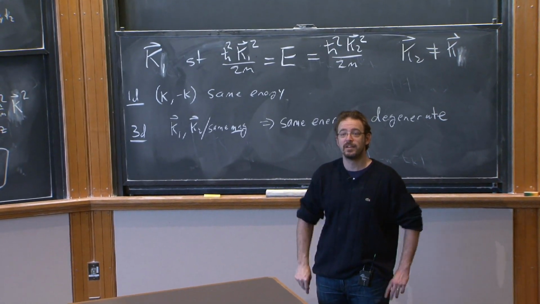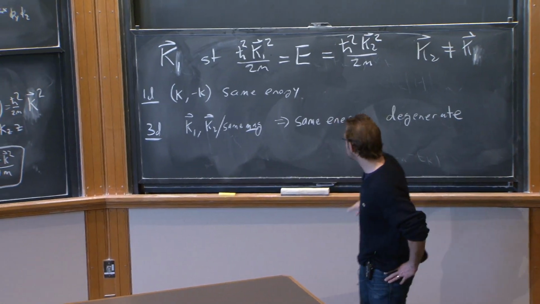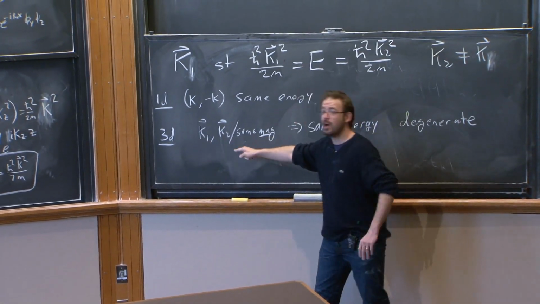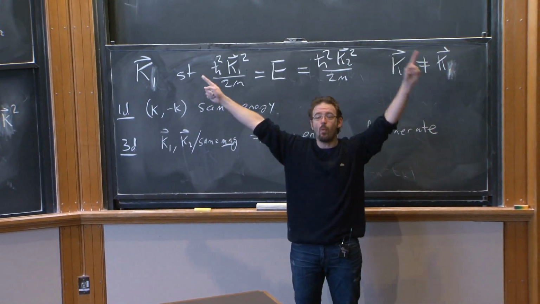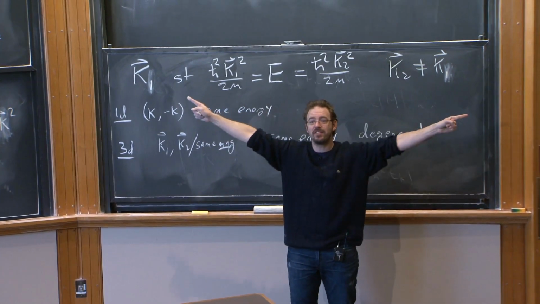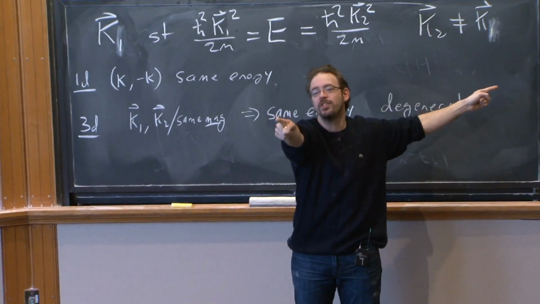Yeah? Well, there are an infinite number of directions it could be going in, say, in momentum. Awesome. So this is clearly true, that there are an infinite number of momenta with the same magnitude. So there are many, many, but why? Why do they have the same energy? Couldn't they have different energy? Even though they're the same magnitude, couldn't this one have a different energy?